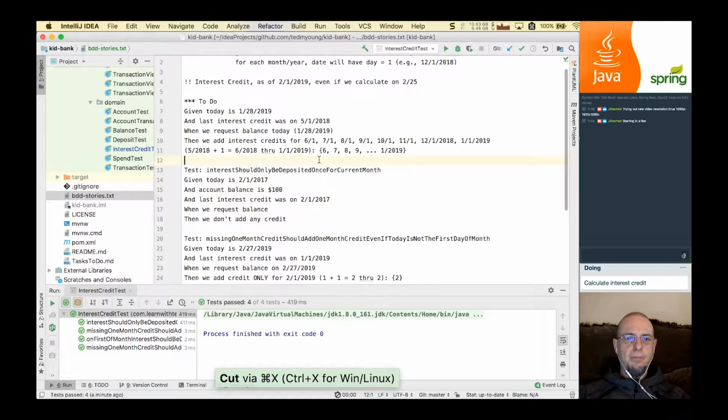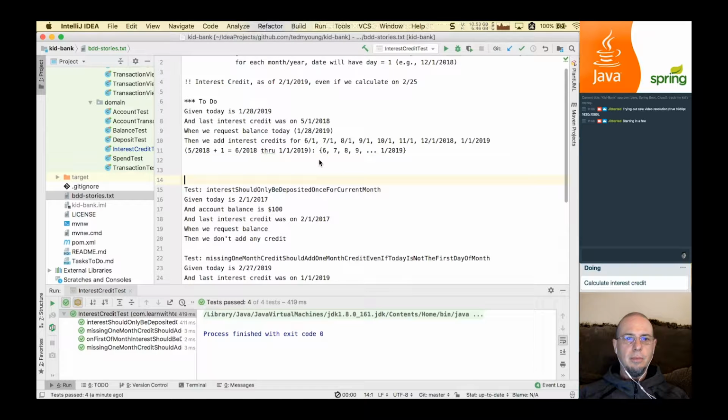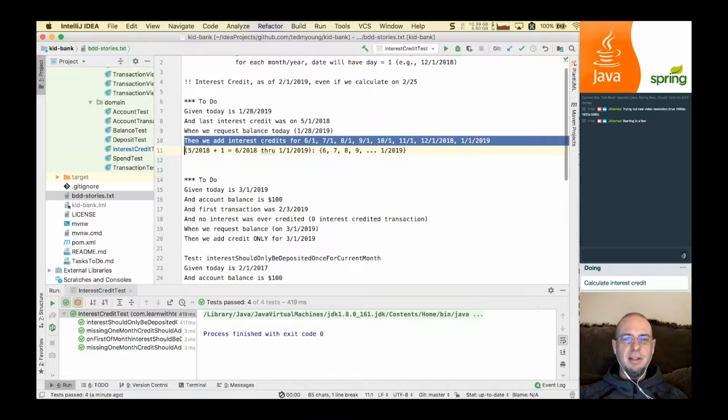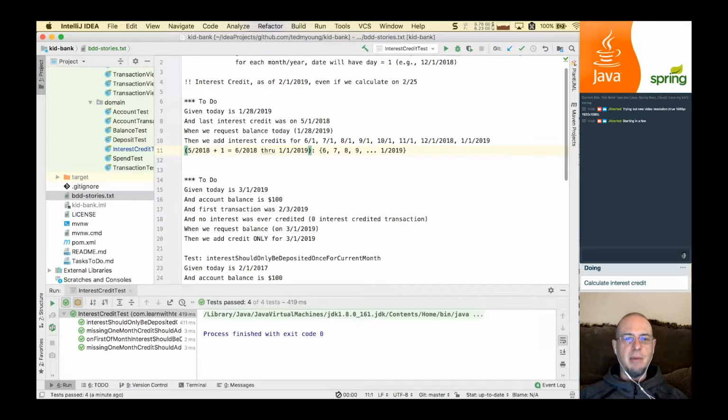We've got one situation where we have a whole bunch of, so far we've only been crediting 1 month, but now what if we have multiple ones? This one's a bit of overkill. This one crosses years, so I want to save that. I want a slightly shorter one. Let's say given today is March 28th, on request balance on March 28th, the last interest credited, let's put this as